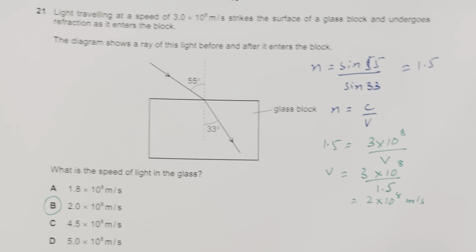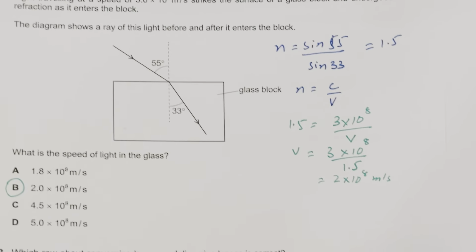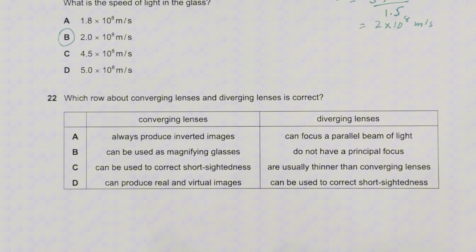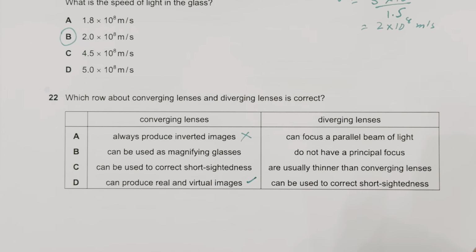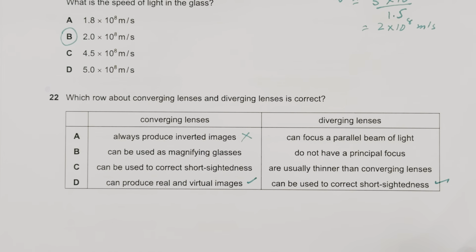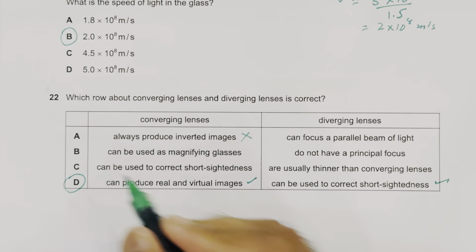Moving to question number 22. Which rule about converging lenses and diverging lenses is correct? It always produces an inverted image, can focus a parallel beam of light. Okay, no, it can produce real and virtual images. So option number D is can be used to correct short sightedness. Yes, this is the right answer. So option number D is the right choice. Diverging lenses are used for short sightedness. Okay,